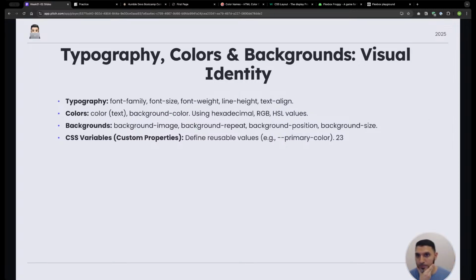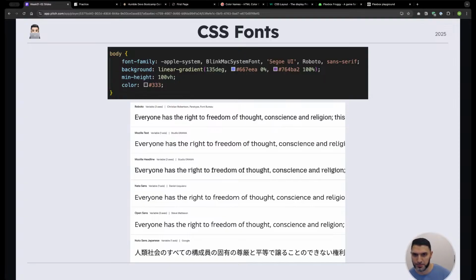All right. One thing that is quite important. Actually, multiple things that are quite important: typography, colors, backgrounds, and your visual identity of the app. And we'll start by covering fonts. And when we declare fonts, right? So let me